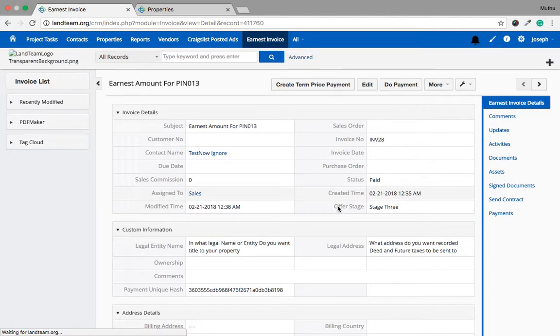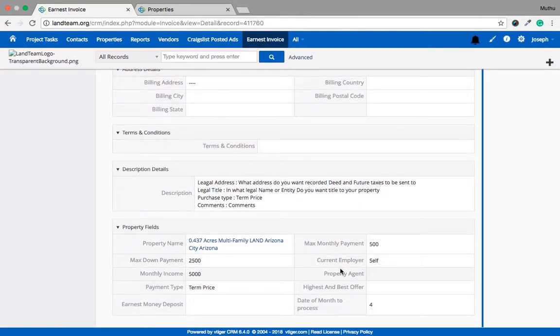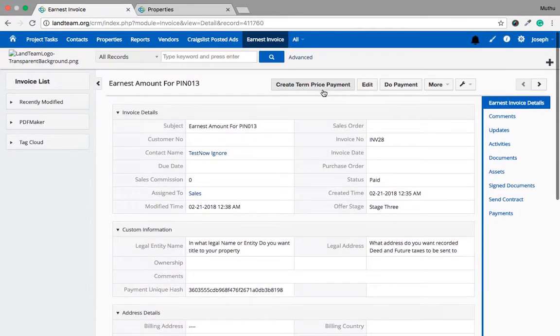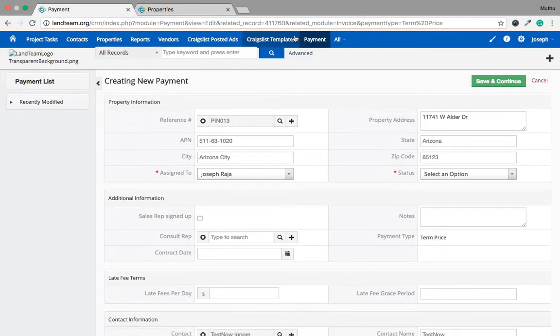Here we are going to create a payment using the information that we grabbed from the user via the offer now form, which is shown in the first stage. So being a term price, just click the button here, create term price payment. Just click this button and it will take you to the payment create view, and it fills the details